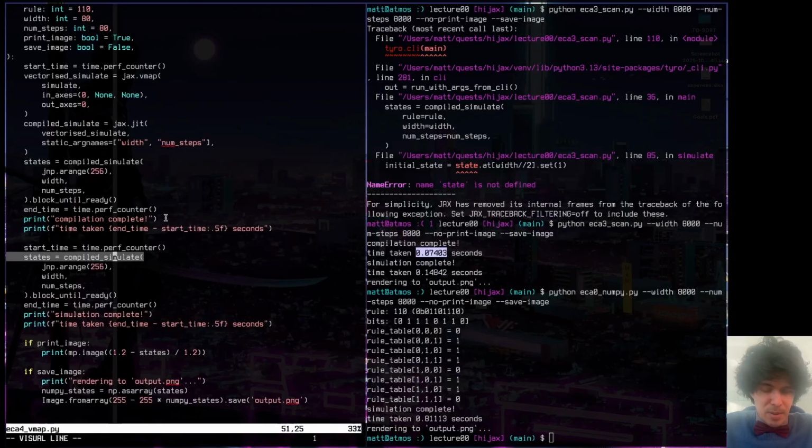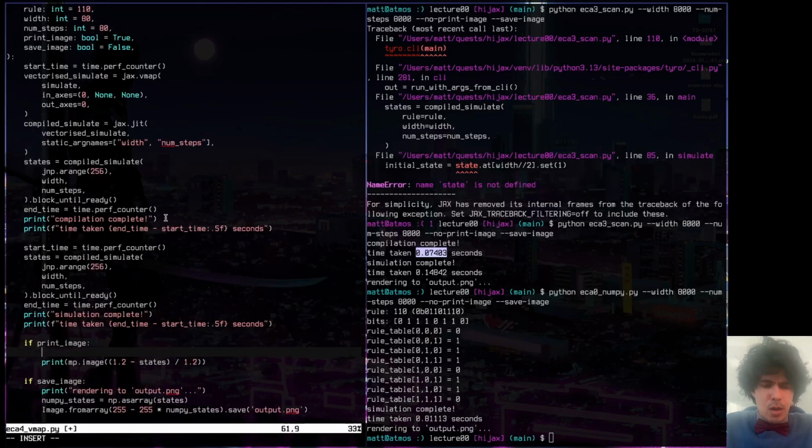Anyway, so now we've got our compiled and vectorized simulate, and we should be calling it with all possible rules at once. Now, we couldn't possibly print this out. First of all, this is no longer a single image, it's an array of images. Well, okay, I guess we can try. We don't have to do 8,000. We can try